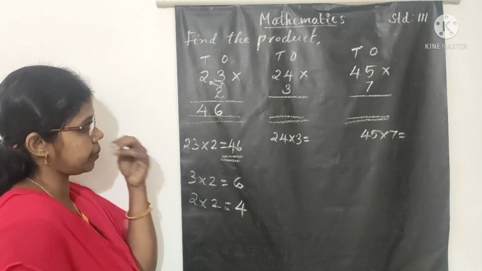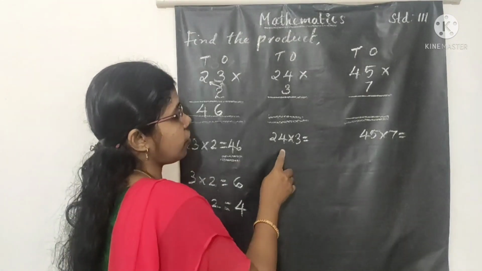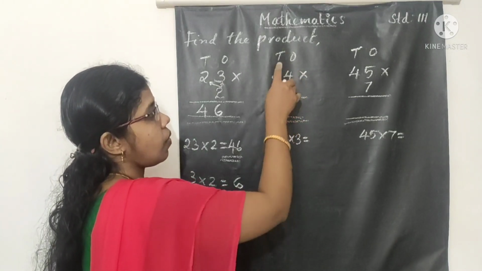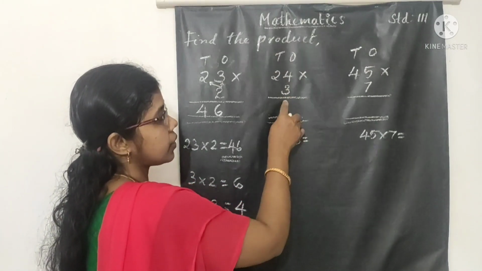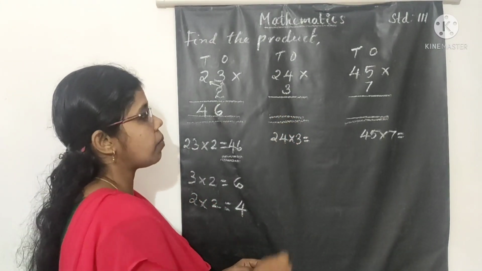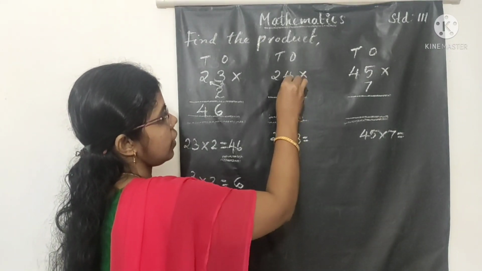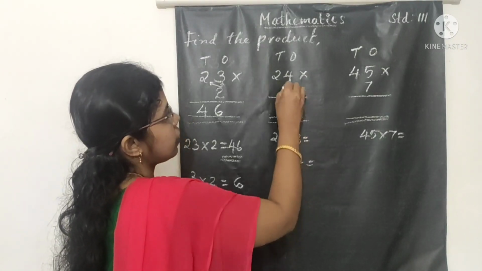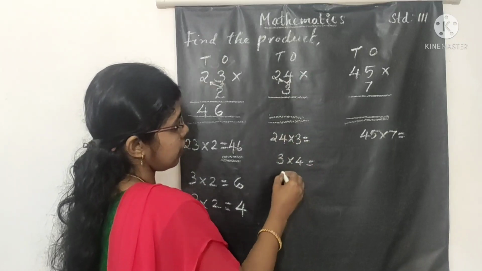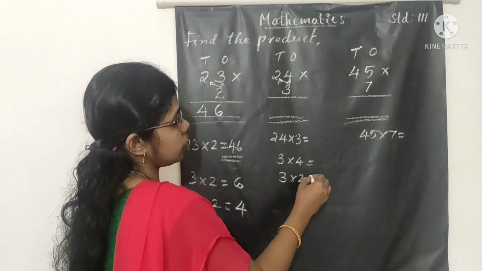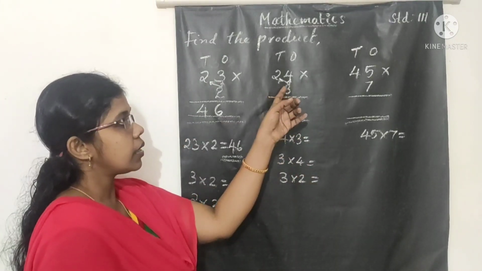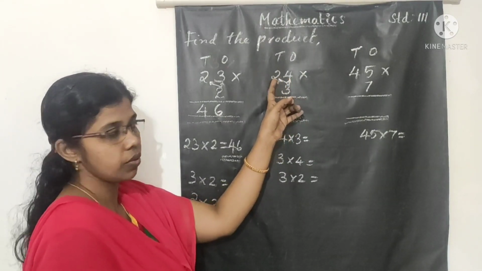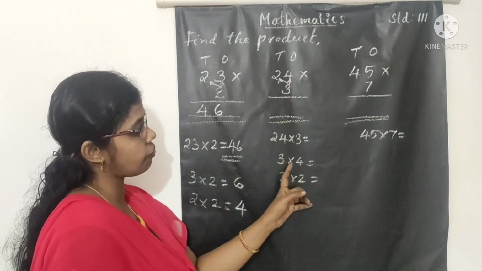Then next, 24. Find the product of 24 and 3. Arrange it in column form. It is 24 into 3. First multiply the ones place, that is 3 into 4, then 3 into 2. First multiply the given number with the ones place digit, next with the tens place digit. So 3 into 4, 3 fours are